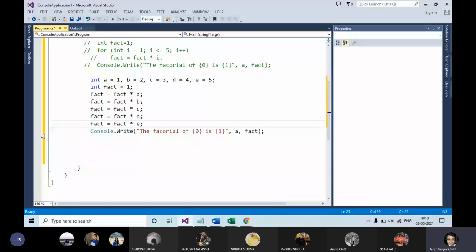If I declare the factorial of 25, then I need 25 alphabets. If tomorrow I want the factorial of, suppose, 1 lakh, how many variables will you declare? It is not possible, isn't it? So this kind of error is called what? A logical error. This is not a syntactical error. This is a semantical error. Though it will work perfectly fine, this kind of error is a semantical error. Are you clear about what is semantical and what is syntactical errors?